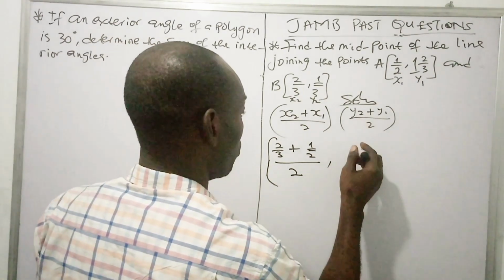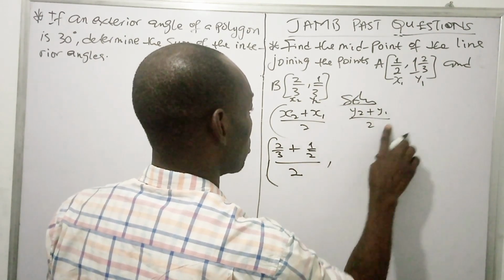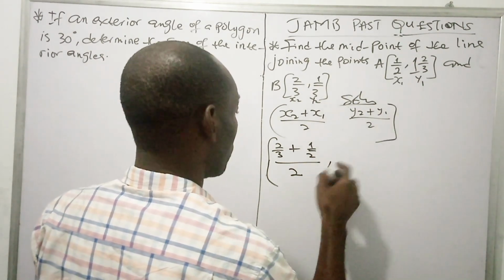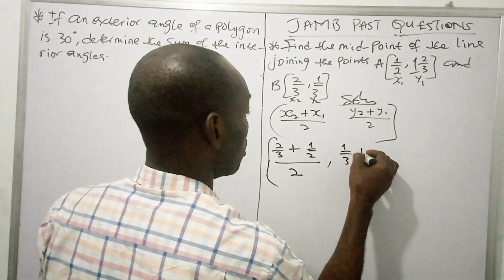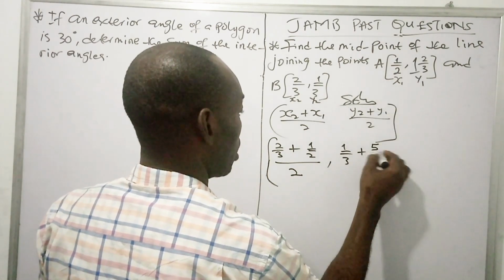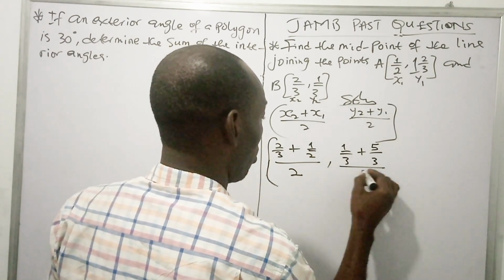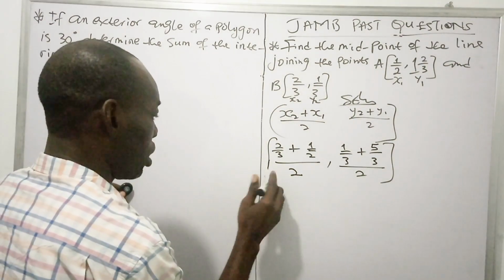Then let's see that of Y. Our Y2 is 1/3. Reversing this to an improper fraction, 3 times 1, 3 plus 2, that's 5/3, all over 2 as well. Okay? So from here we have